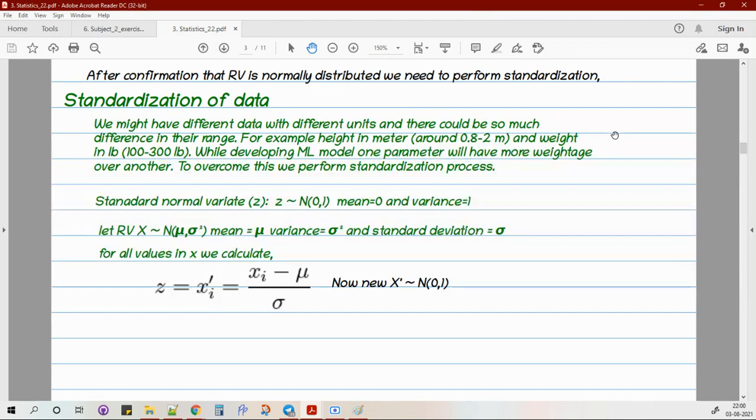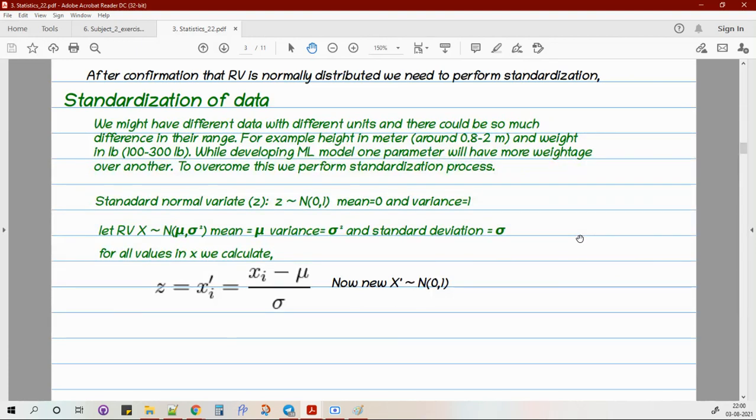And if you're taking the weight in pounds, then it will vary from 100 to 300, and I don't know, maybe more than 300 also, right? And this can create a problem. At that time I had no idea about machine learning models, that's why I've written something like this: while developing an ML model, one parameter will have more weightage over another. But now we know that if you have this kind of mismatch in scale, then it can heavily impact